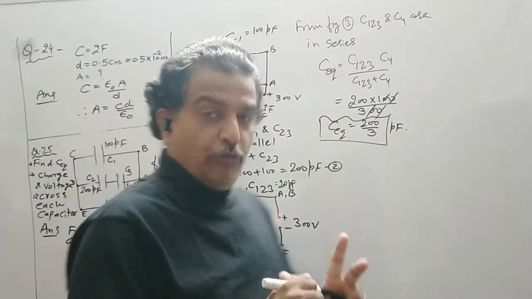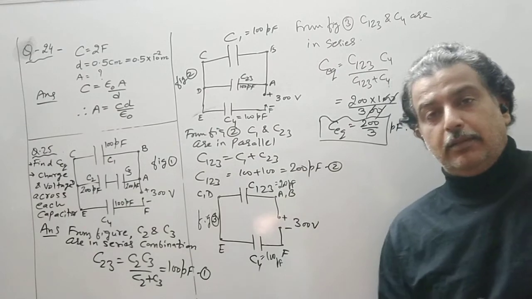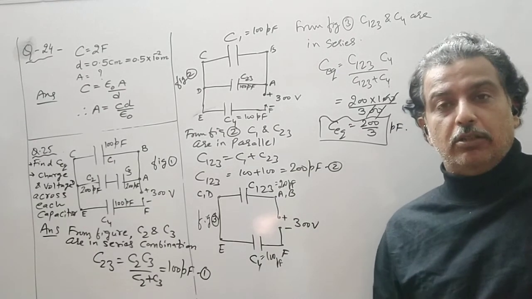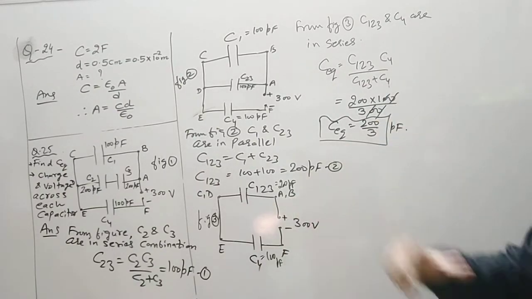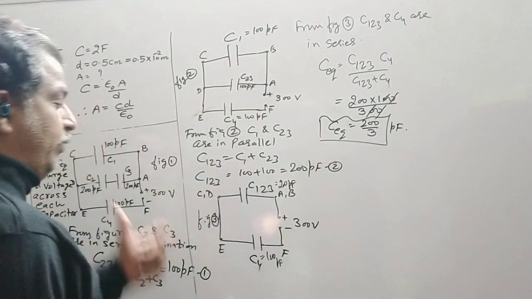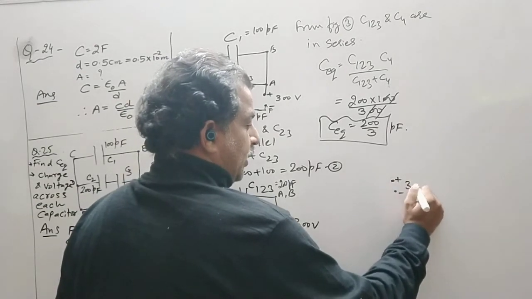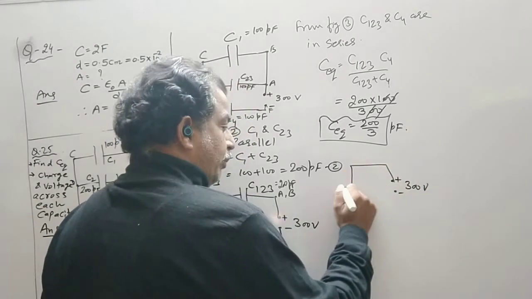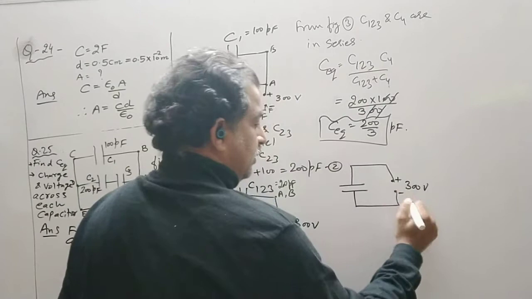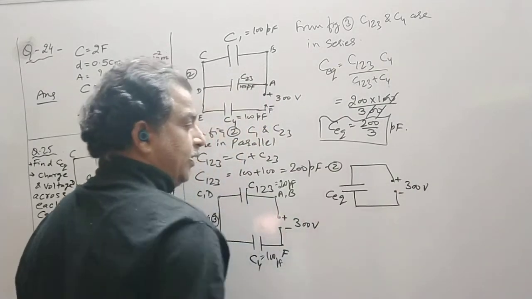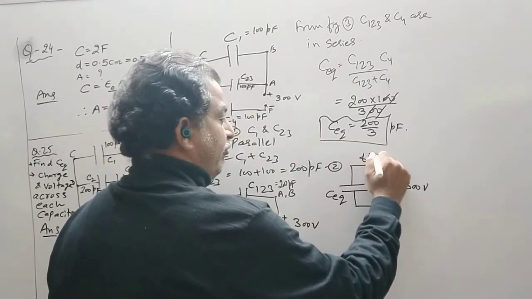Now if we have to find out only C equivalent, we wind up this question. But you have to find out the charge as well as voltage also. Now I have to again draw the final equivalent diagram. So the equivalent diagram of this can be redrawn as, now this is plus point, this is minus point, again V is 300 voltage. Now in the place of C123 and C4 I keep C equivalent. So this is C equivalent. So let us name this as figure number 4.